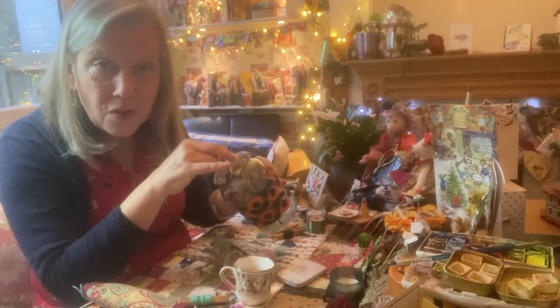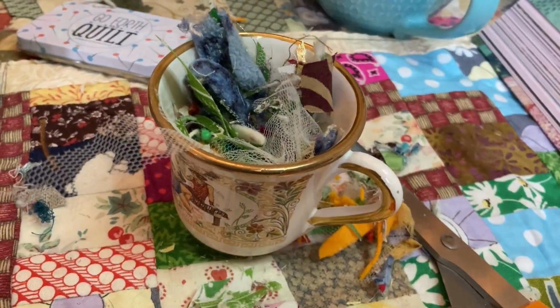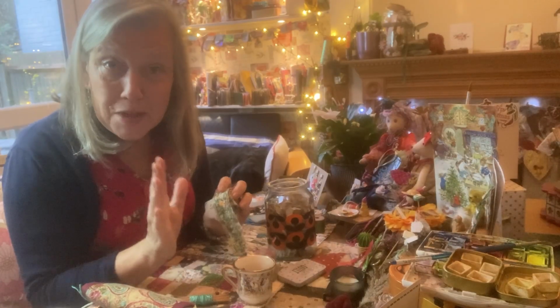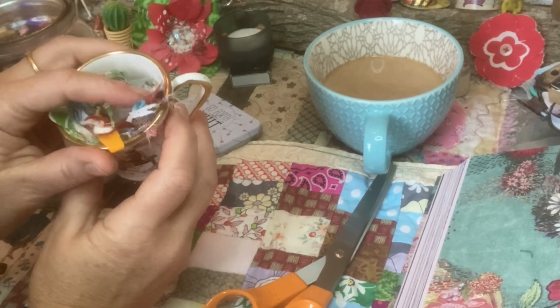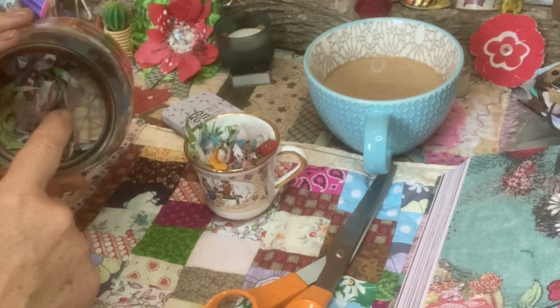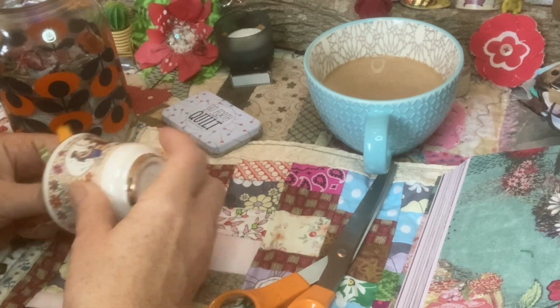I've still got lots of those tiny little scraps left over from the various projects we do, so I'm going to make some ribbons, some trim this week. Let me show you. Here's all the tiniest scraps left over from last week's projects, and I've still got more in here, so I just want to empty them out,